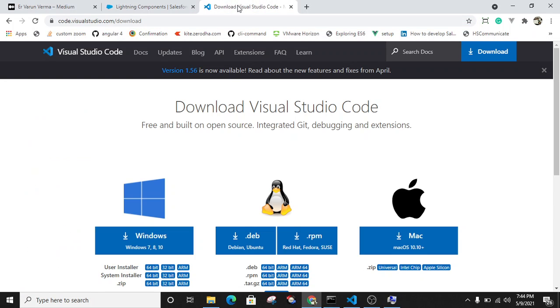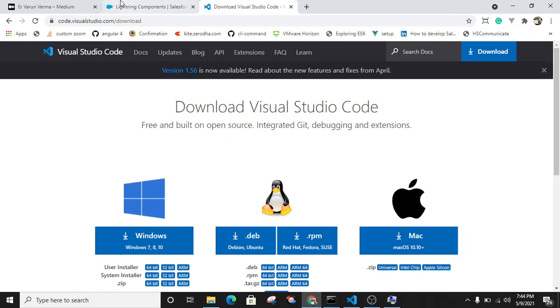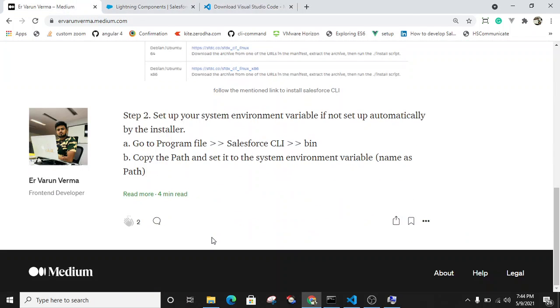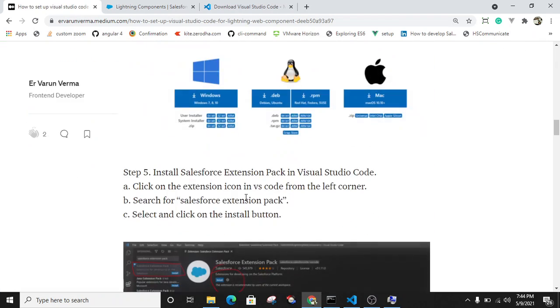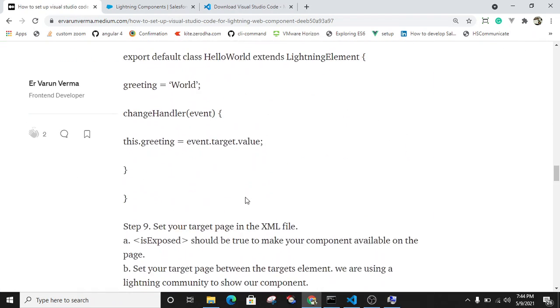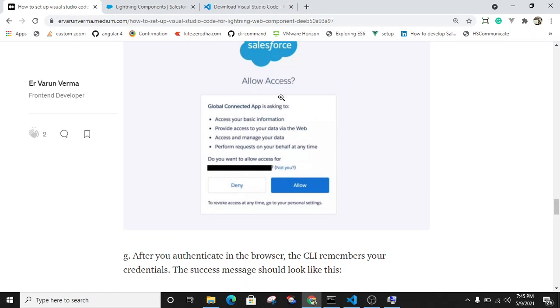It will ask you for a login and then it will show you a prompt for allow access.